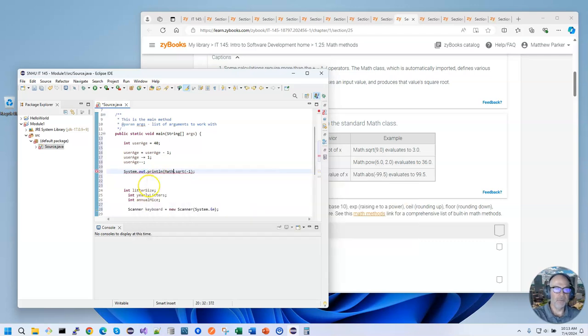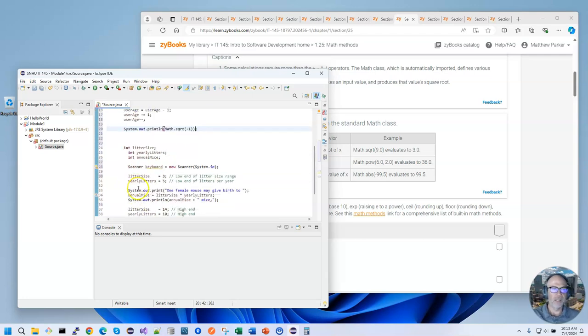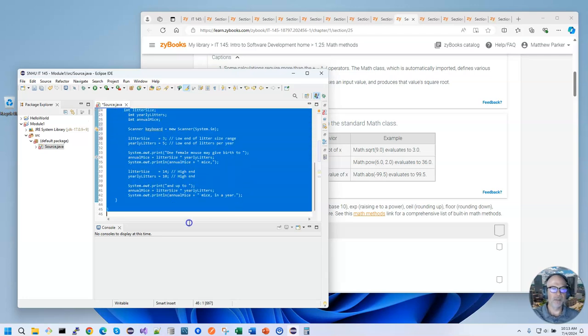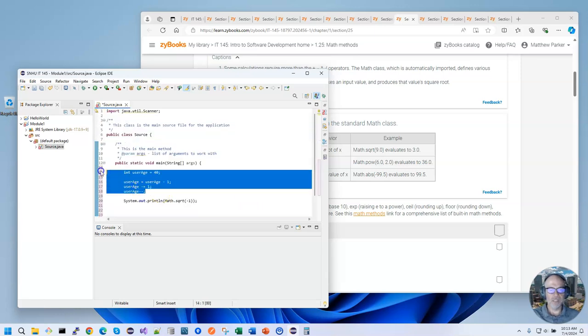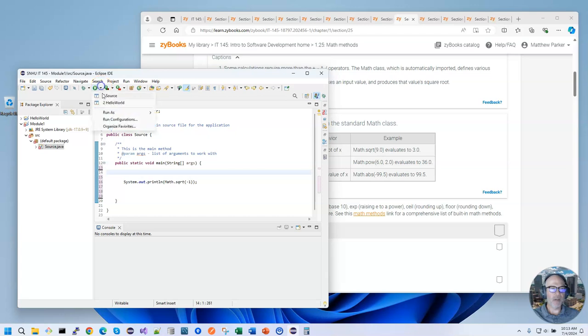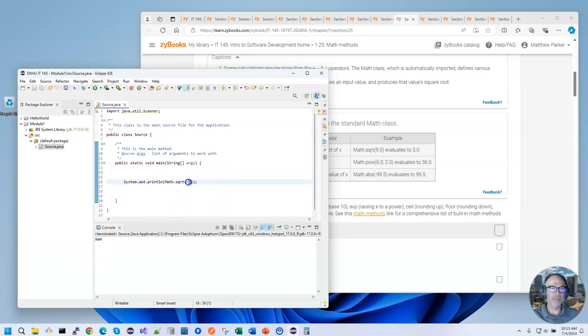I'm going to violate my own rules, and I'm going to do the arithmetic right here. I'm going to get rid of all this other code. Delete, delete. So I can take the square root of a -1 and it returns not a number. If I give it 0, I should get 0 back. Great. If I give it a 9, I should get 3 back. And fantastic. Now keep in mind